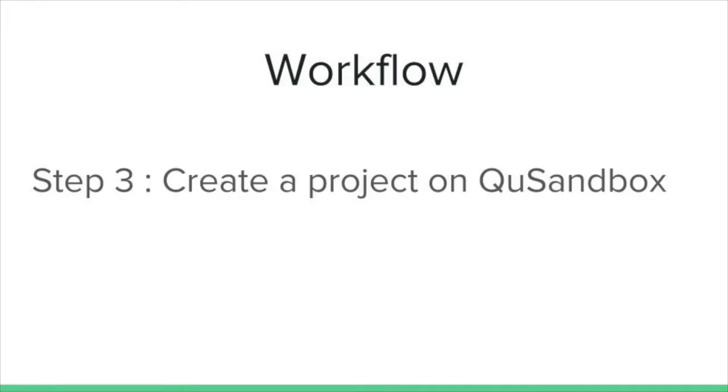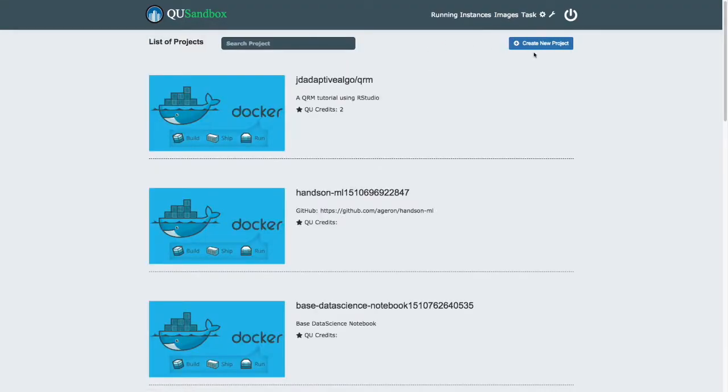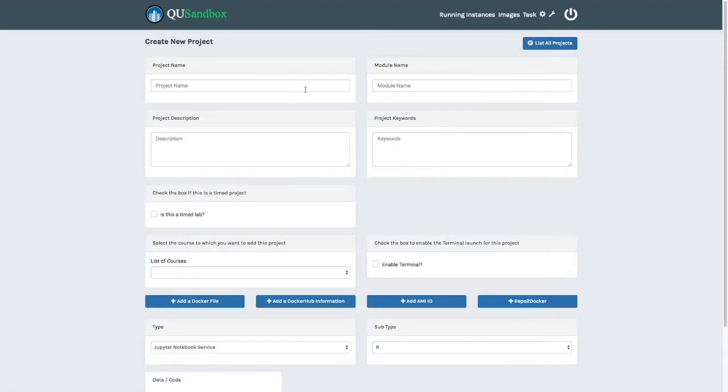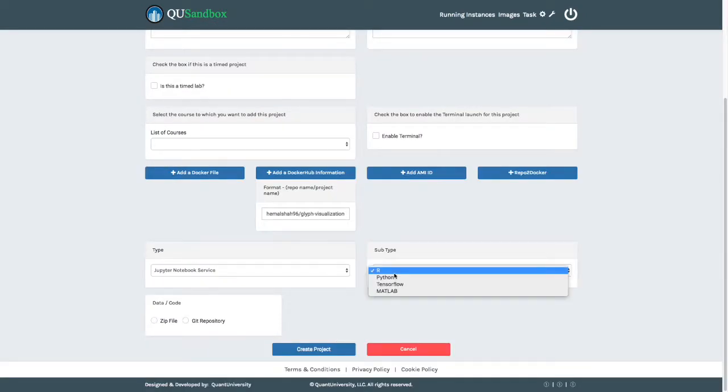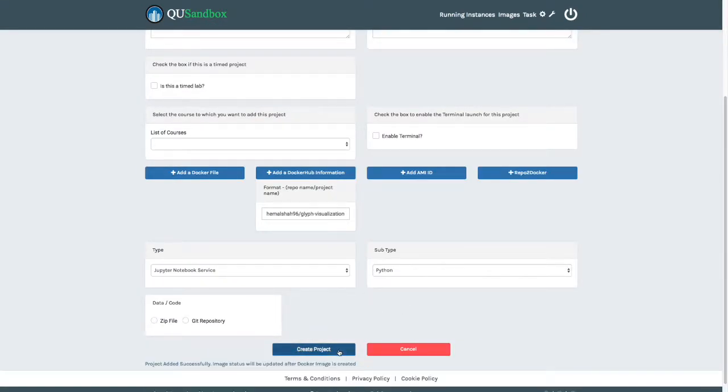On QSandbox, we have to provide information required to execute the application on the cloud. In the QSandbox registration, the user has to provide the description about the file. Once the description is provided, people have to go and add the image URL, the Docker Hub image URL. Along with the Docker Hub image URL, we also need to specify the settings of the application and